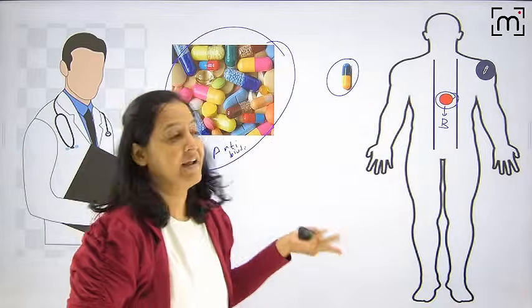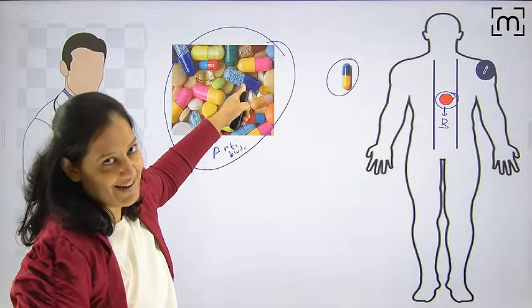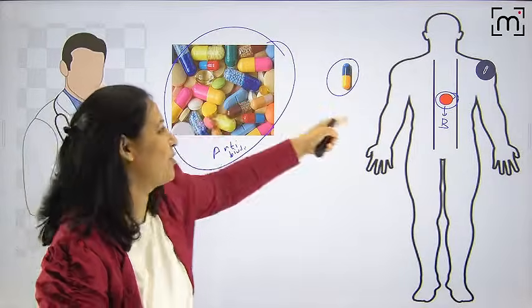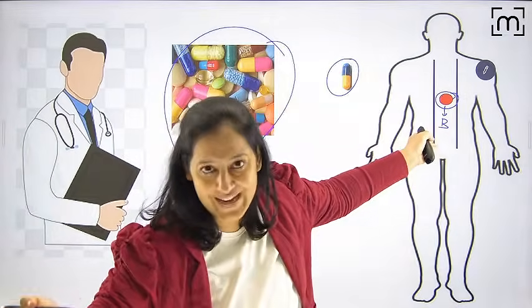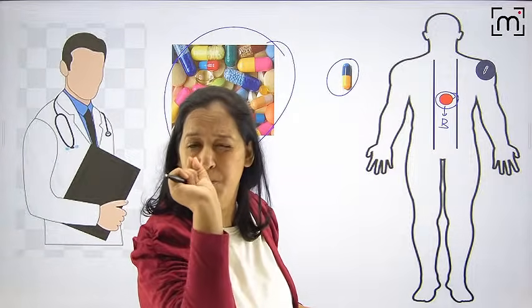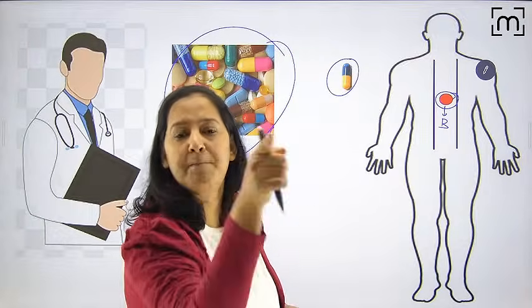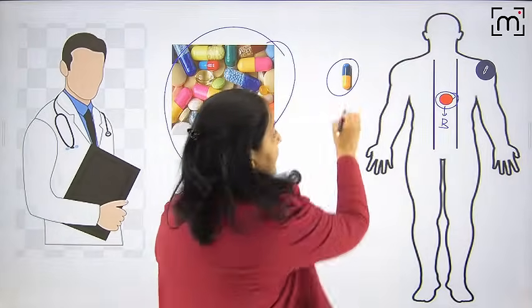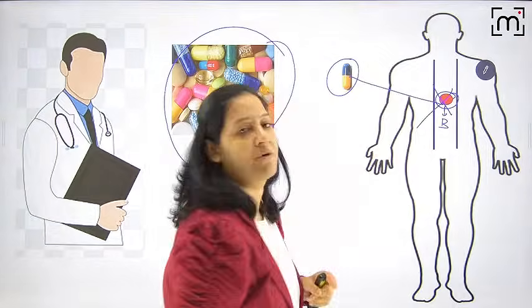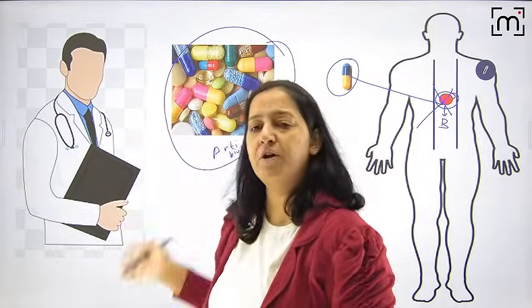I cannot hit and try. First try this, if it is not working, then try this. I cannot make my patient suffer for more days. I want to give a bullseye, the pinpoint antibiotic which hits and kills this microorganism. How would you know which antibiotic is working for your microorganism?